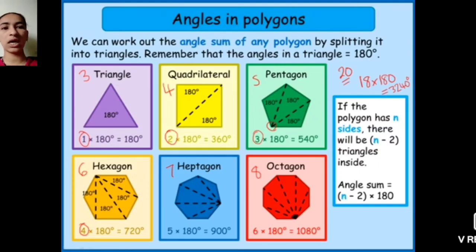And what will be the answer? That is multiplied by 180. So you will get the total angle of a pentagon. Students, understand this, how to find the sum of angles, yes, the sum of all the angles. Use the formula n minus 2 multiplied by 180.